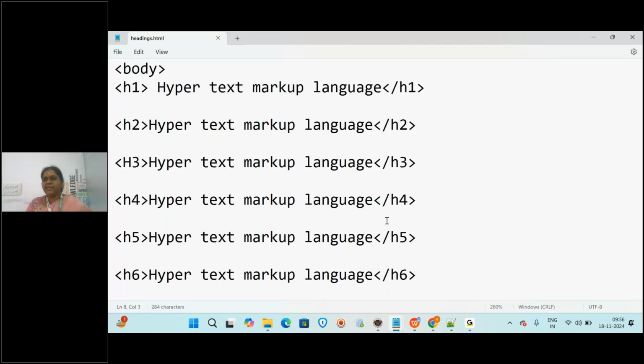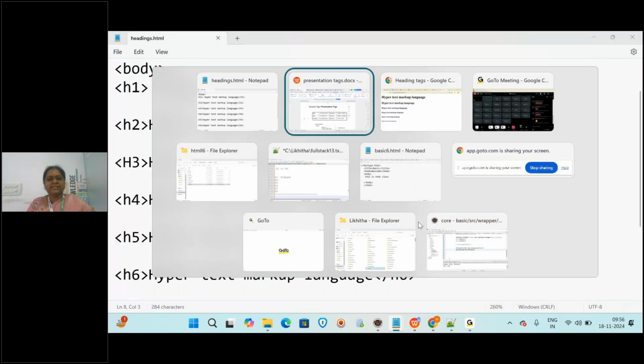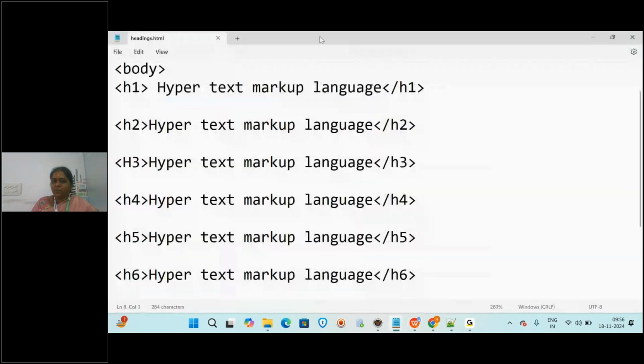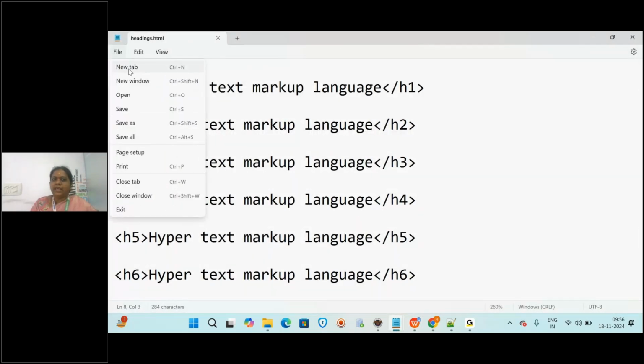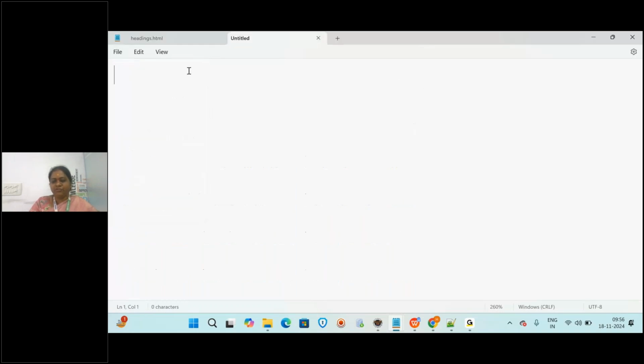Okay, clear? So now let us see about these presentation tags in an example. Clear everyone? So already notepad is open. I'm just creating one new tab here. This is your fresh page. So we have to start with what? HTML. And then we are going to write the body tag.